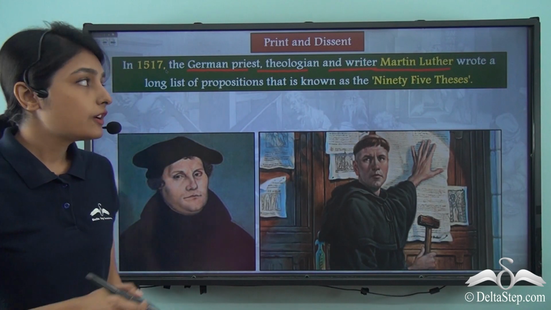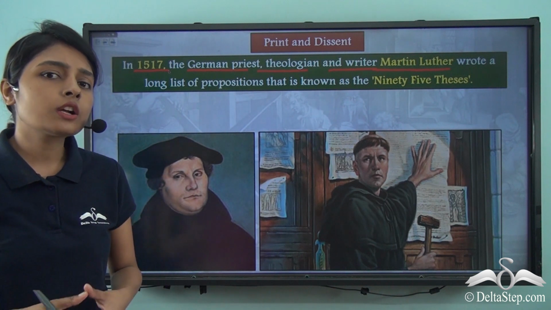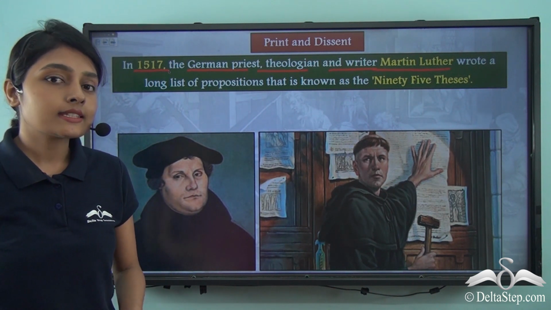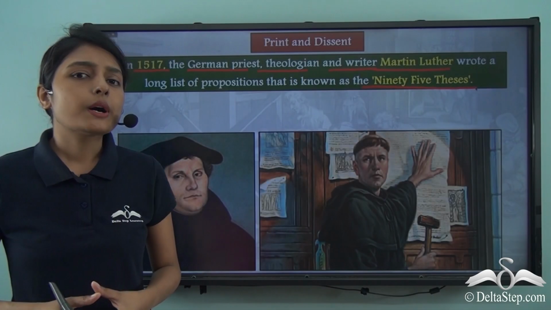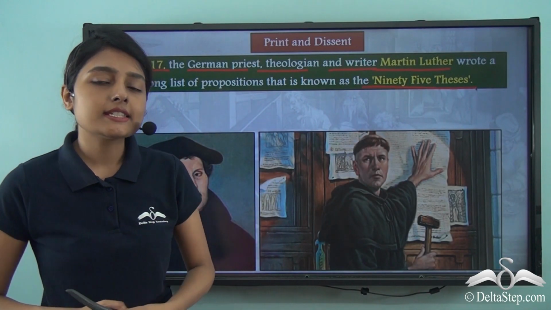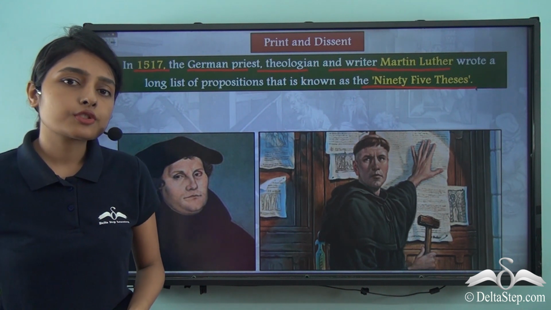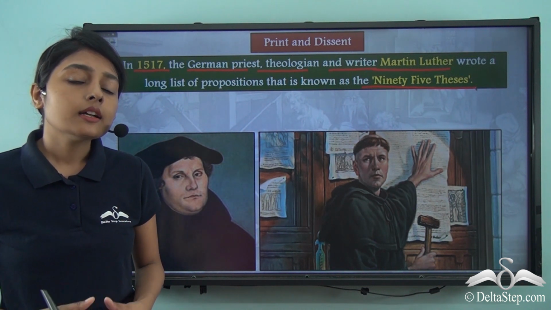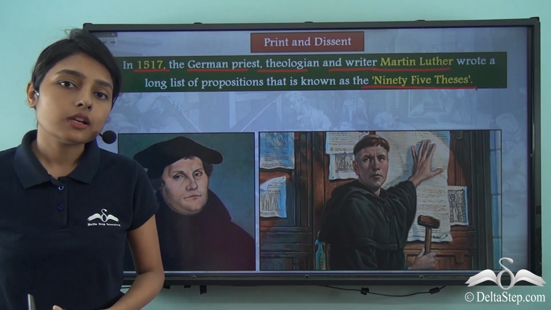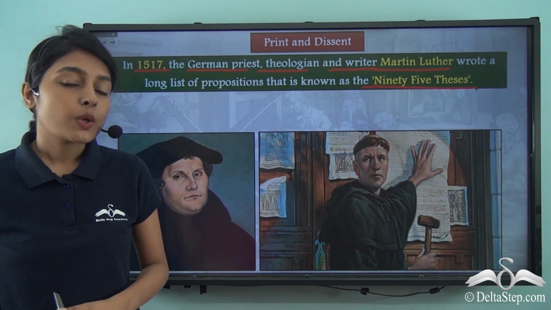Now in the year 1517, Martin Luther wrote a long list of propositions that came to be known as the 95 Theses. But what was the subject of the 95 Theses? And how did Martin Luther contribute to the debate and the discussion that was going on among the church and the royal authorities pertaining to the impact of the print revolution? Well,